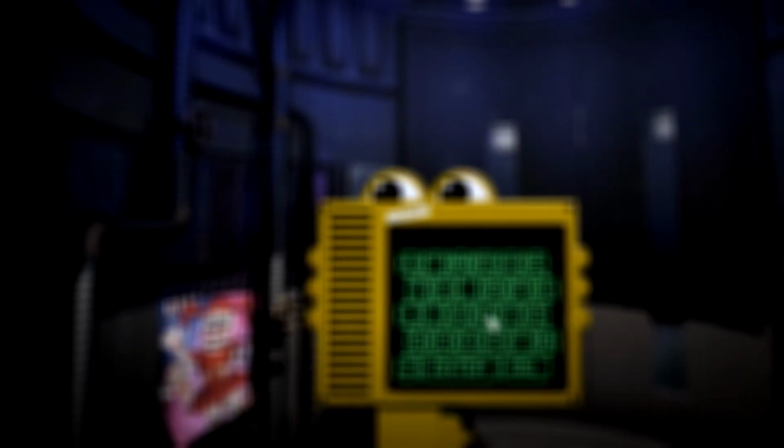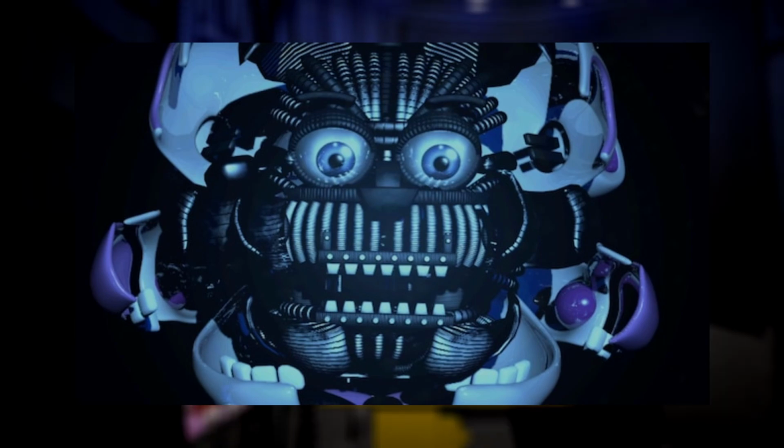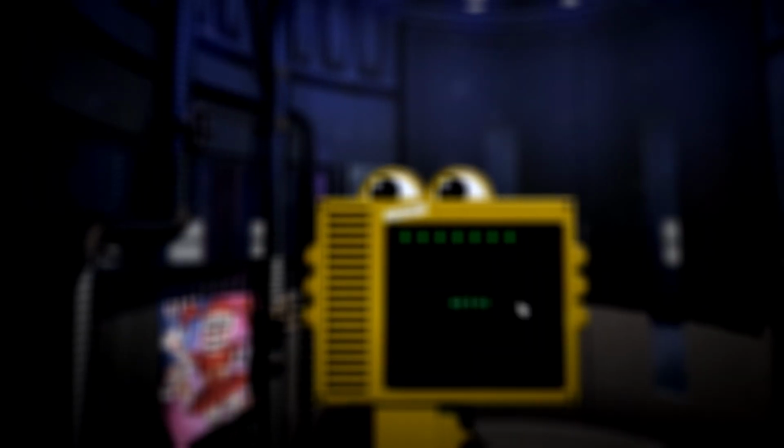And he also has some new features that make him even more scary. For example, the fact that he can now open his faceplate and expose the new spaghetti-like endoskeleton that the animatronics in Sister Location possess, or the fact that he can now actually talk thanks to the amazing voice acting talent